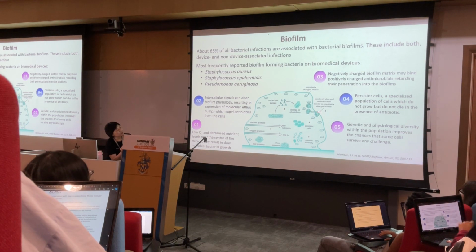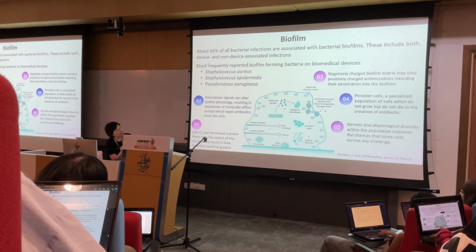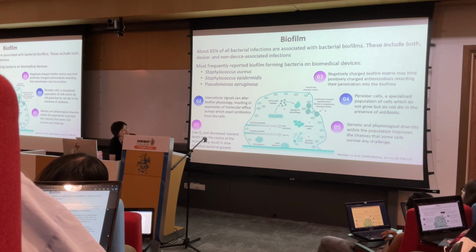Yeah, persistent cells are present, and they are very strong against antibiotics. They have found persistent cells in the biofilm. And lastly, what is that? Genetic diversity, meaning that